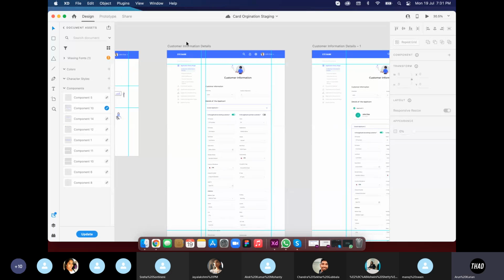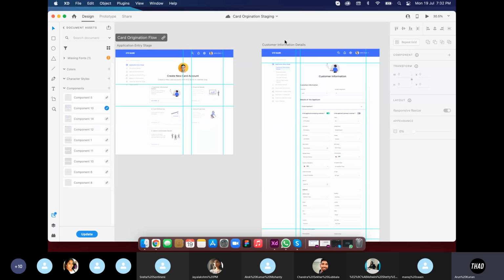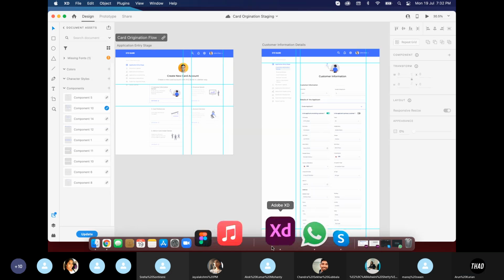So in any design tool, we have multiple tools similar to Adobe XD. You have Figma, you have UXPin. In all these tools the flow is somewhat similar. Here for iCust, we are actually using Adobe XD. These are some features in Adobe XD, and this is where it resides. But there are some other tools also which have similar properties. If you are interested, you can also have a look at those tools as well.